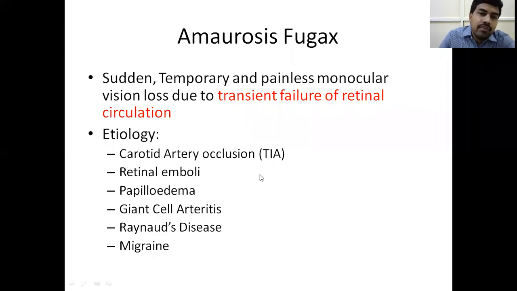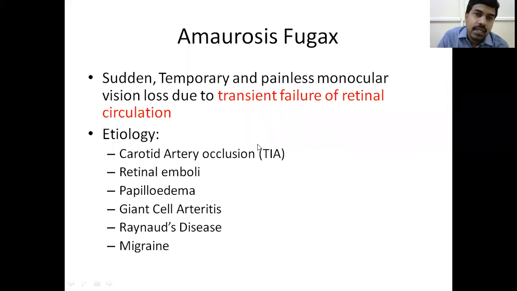So why does the retinal circulation fail? It can be due to carotid artery occlusion, transient ischemic attacks. Suppose any elderly patient, or any obese person, or someone with a cardiac problem, comes to you and says, suddenly I'm having blackouts, my eye is going blind, my vision is coming down, and again it is improving within a few seconds, then always make sure that you refer the person to a cardiologist, because amaurosis fugax is an indicator of a very serious underlying disease. The patient may have infective endocarditis with dislodging vegetations, high cholesterol with plaques and emboli, thromboembolic disorders, or plaques in the carotid artery.